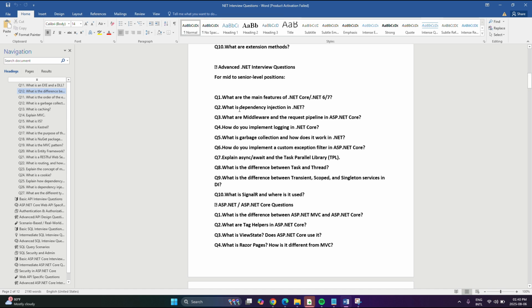सीनियर लेवल पोजीशन के लिए क्वेश्चन हैं, What are the main features of .NET Core, .NET 6 and 7, what is dependency injection in .NET, what are middleware and the request pipeline in ASP.NET Core, how do you implement logging in .NET Core, what is garbage collection and how does it work in .NET,